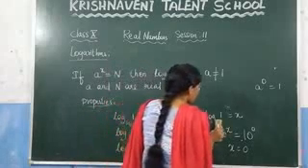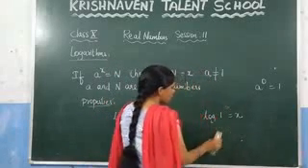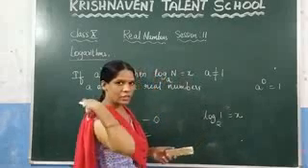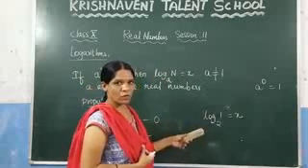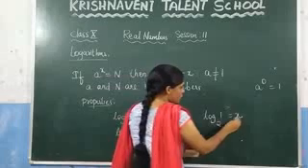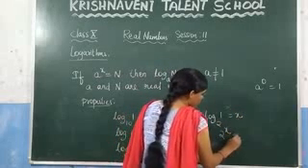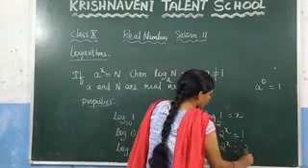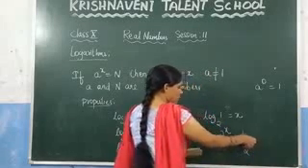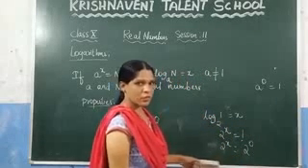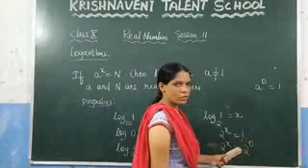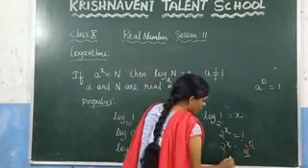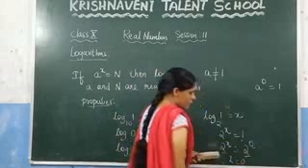Now, consider changing the base. Consider log 1 to the base 2. If you want to find this value, let us express it in the form of an exponent. You can write it as 2 power x is equal to 1. You know that anything to the power 0 is always equal to 1, so we write 2 power 0, which is nothing but 1. Since the bases are equal, you can equate the powers, so you get the result as 0.